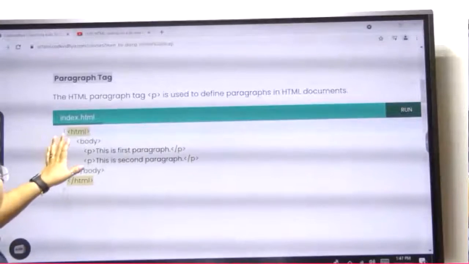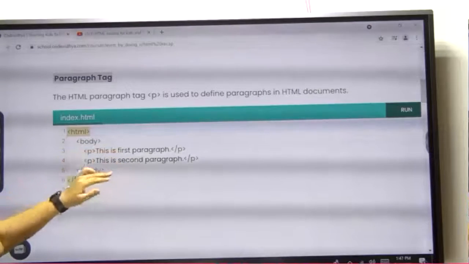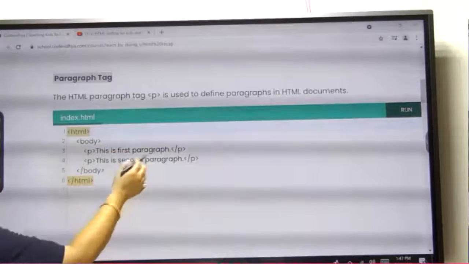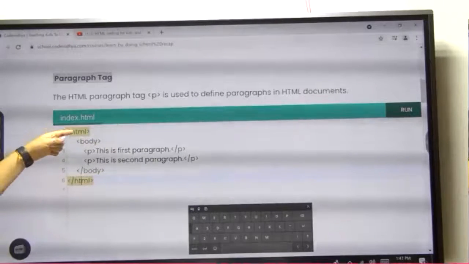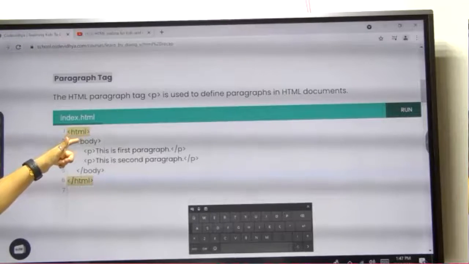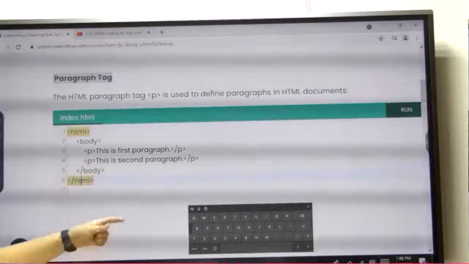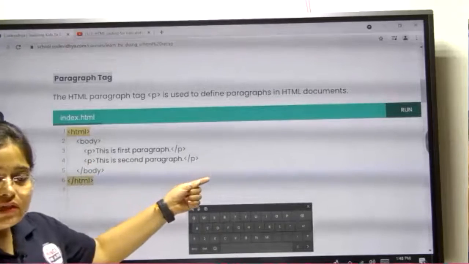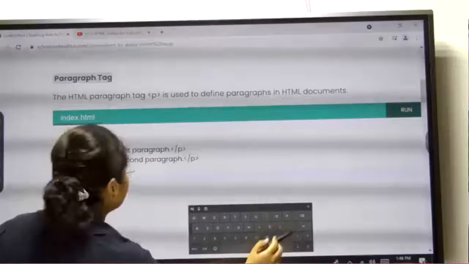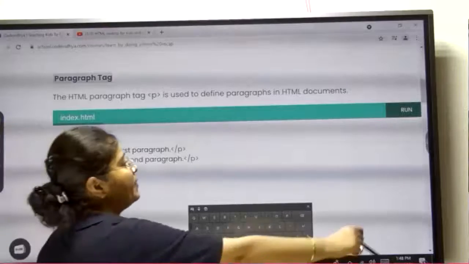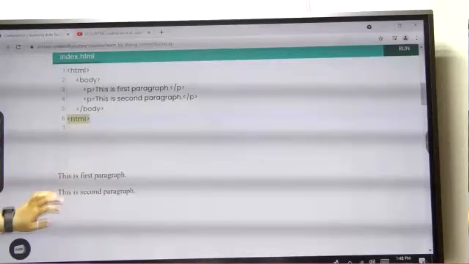Now, so this is the program in HTML. In body we have written a paragraph. This is first paragraph, this is second paragraph, then we have closed this tag, then body tag close and then HTML tag close. So HTML is also a कंटेनर टैग, this body tag also a कंटेनर टैग, क्योंकि आपने इसमें नीचे क्लोज किया है। और अगर आप इसको क्लोज नहीं करोगे ना तो इसका इम्पैक्ट नहीं आएगा। जैसे कि अगर आप यहाँ पे HTML टैग क्लोज नहीं कर रहे, ठीक है, और आपने इस प्रोग्राम को बनाया और रन किया, see there is output.